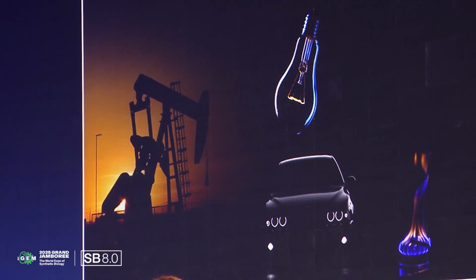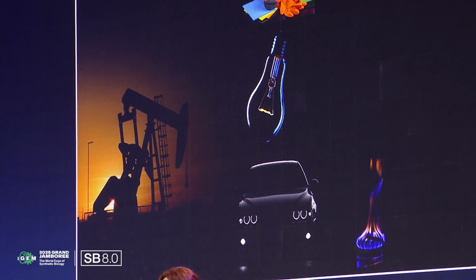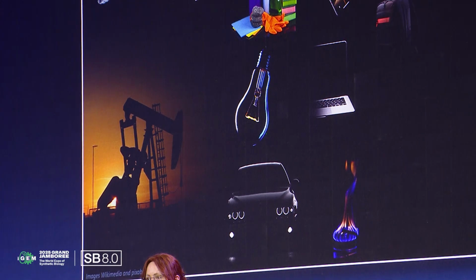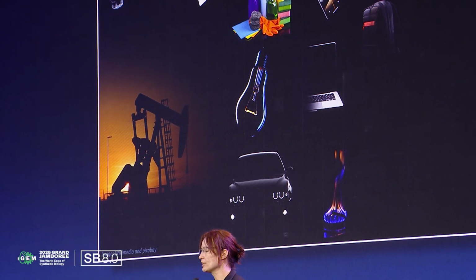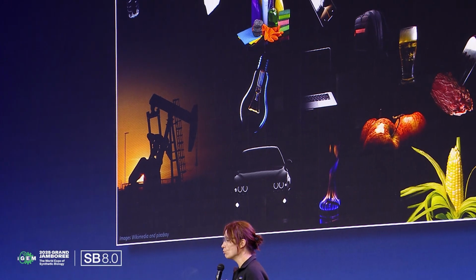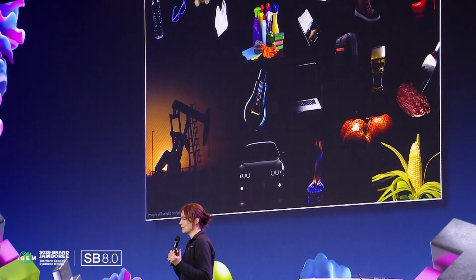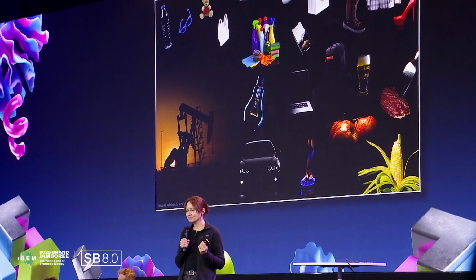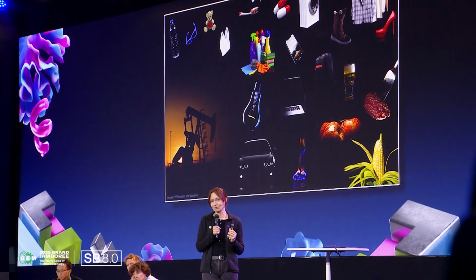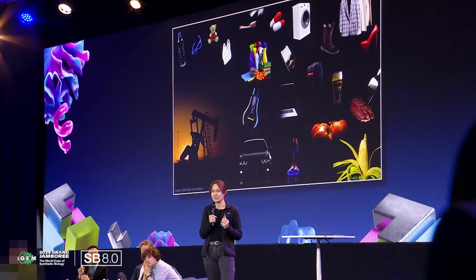But it's also everything else around you. Everything that you're wearing, all your electronics, all the drugs you're taking, and all the food you're eating. We could not feed the current population of the world without petrochemically derived fertilizers. So this is the current state of the world, and we cannot maintain that. That's pretty clear. We cannot keep running our economy on oil.